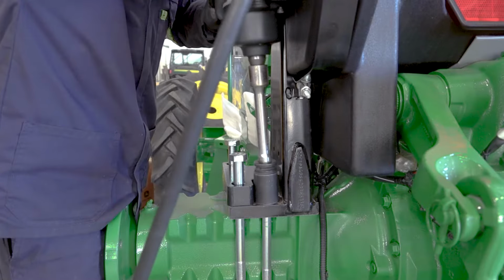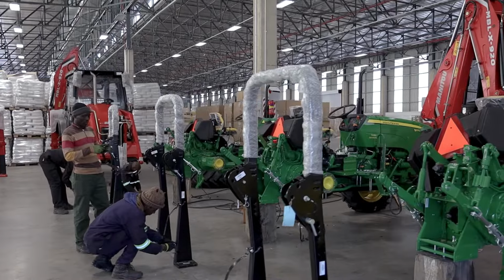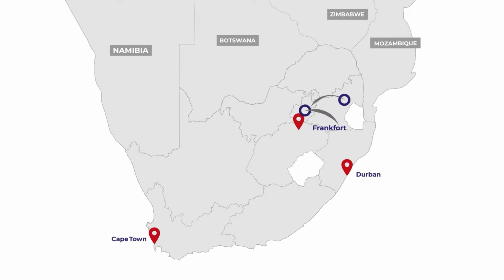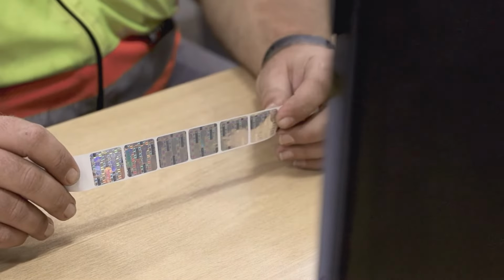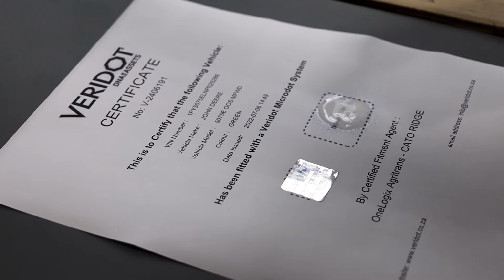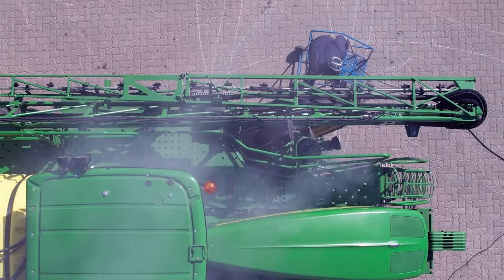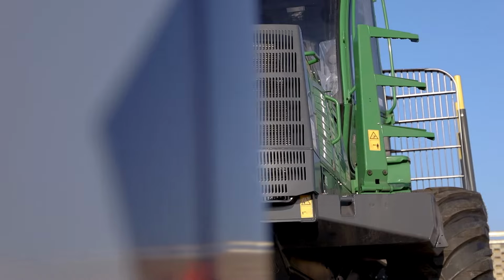Onelogix Agritrans specializes in assembling and transporting agricultural equipment like tractors, crop sprayers, and combine harvesters across the country. With our help, you can be sure that your equipment will be stored, assembled, and transported with the utmost care and attention to detail. We know that you need to move your equipment fast, which is why we fine-tuned our